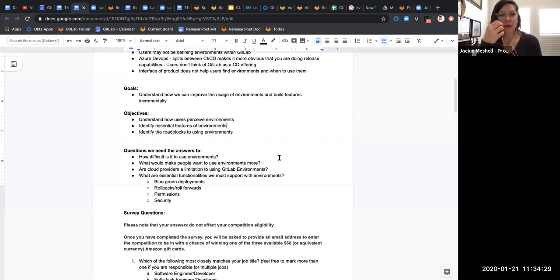I could think of identifying if we need to split out the CI/CD capability of environments. We could,